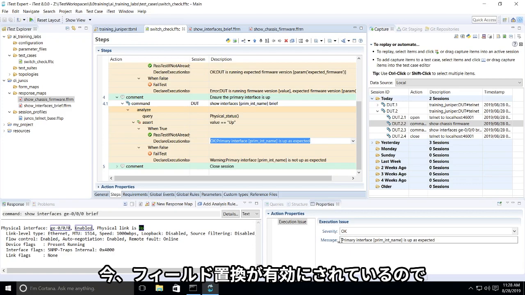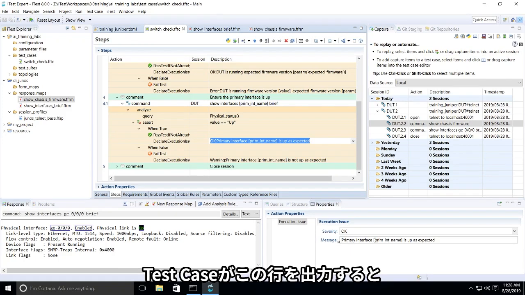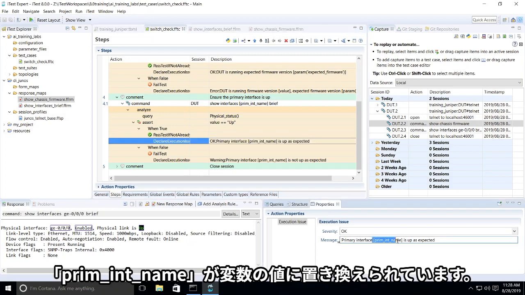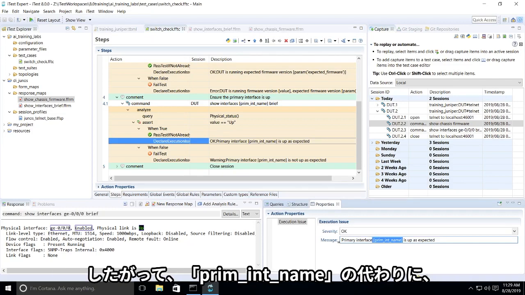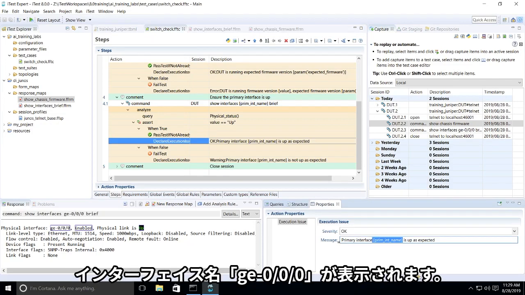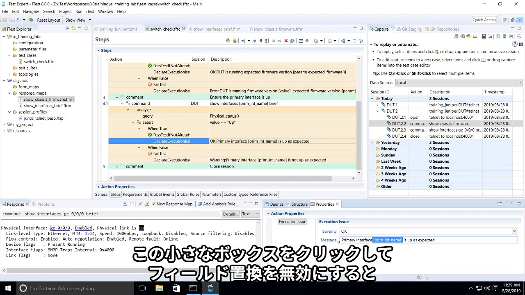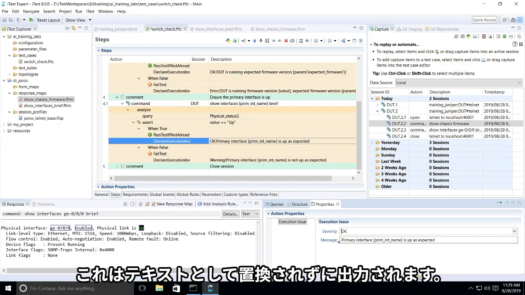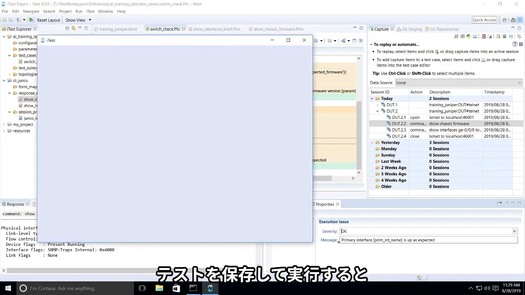So now with field substitution enabled, we've seen that when the test case prints this line, it substitutes the value of the variable here for the text primary interface name. So instead of seeing primary interface name, we're going to see, in our case, GE000 being the name of the interface. If I disable field substitution by clicking this little box, we're going to see that the test case is going to print this as literal text. If I save and run my test,